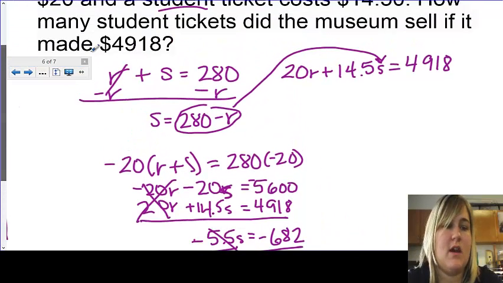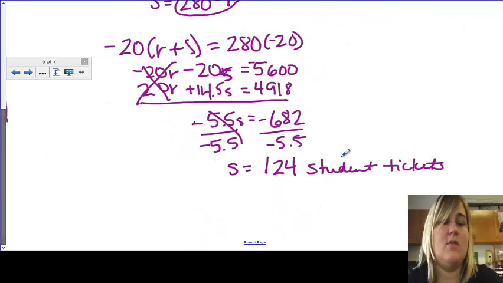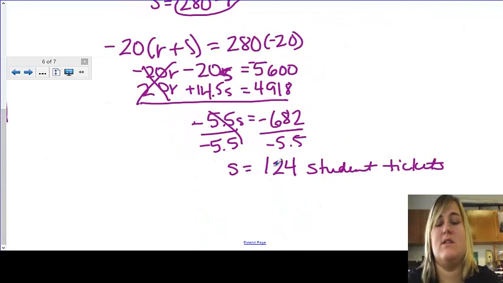Let's go back and check our question. It said, how many student tickets did the museum sell if they made that much? And that's what we found. You could find how many regular tickets by taking this and plugging it into that original equation,